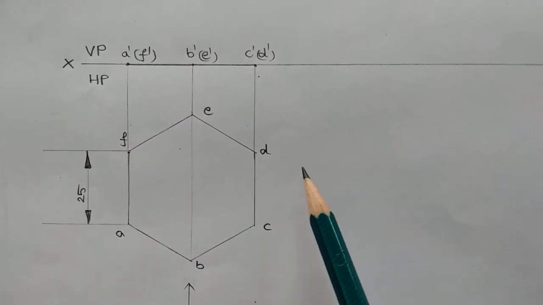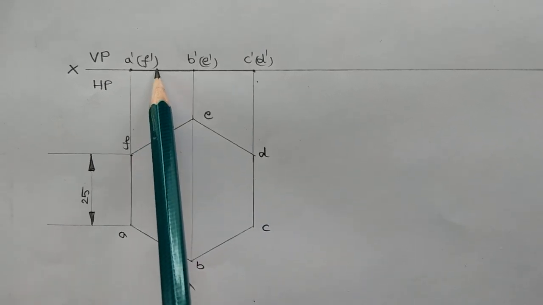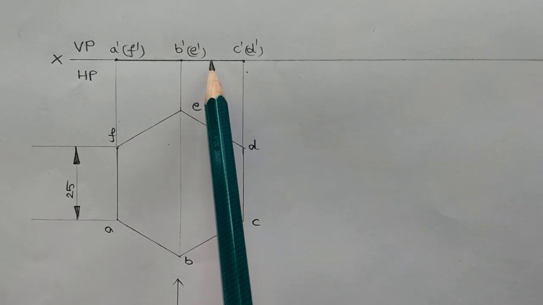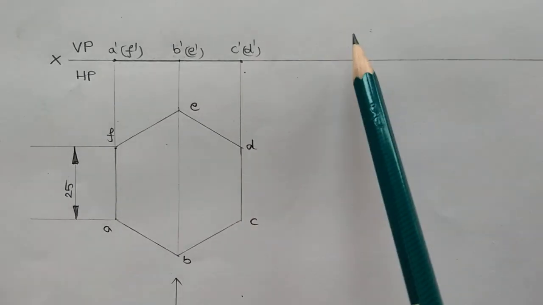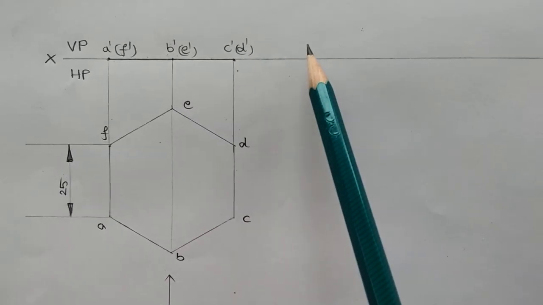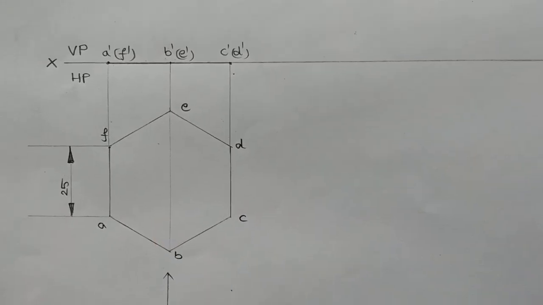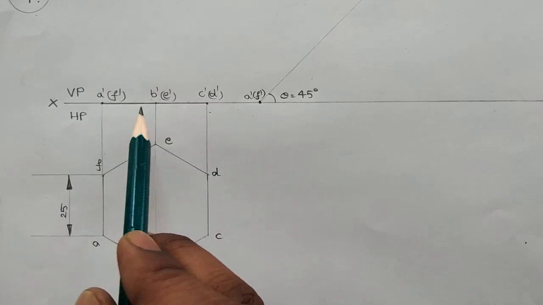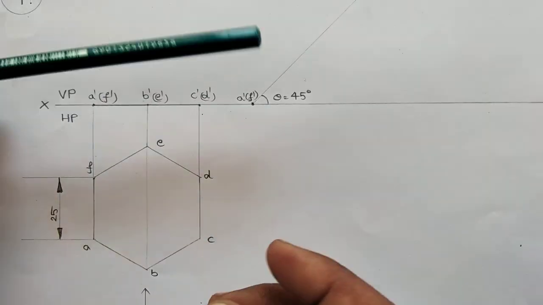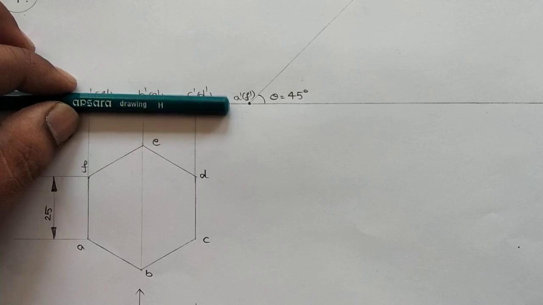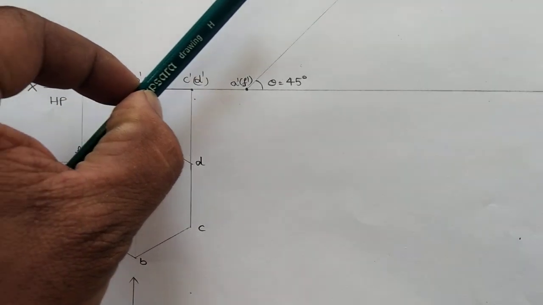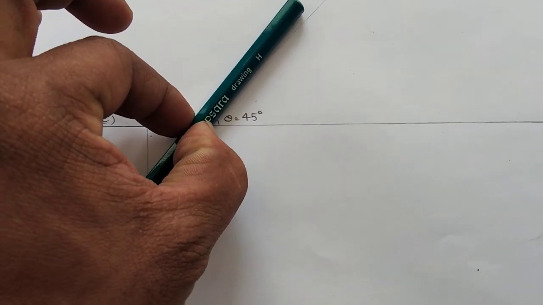Next, if we come to the second position, this is the result of the first position. We can reproduce the result of the first simple position in the second stage by using inclination with horizontal plane. Yes, in the second stage we can reproduce the result of the first stage, that is this particular line. We have the line in this way, so just tilt this one. Then the same line we should keep at this particular position.